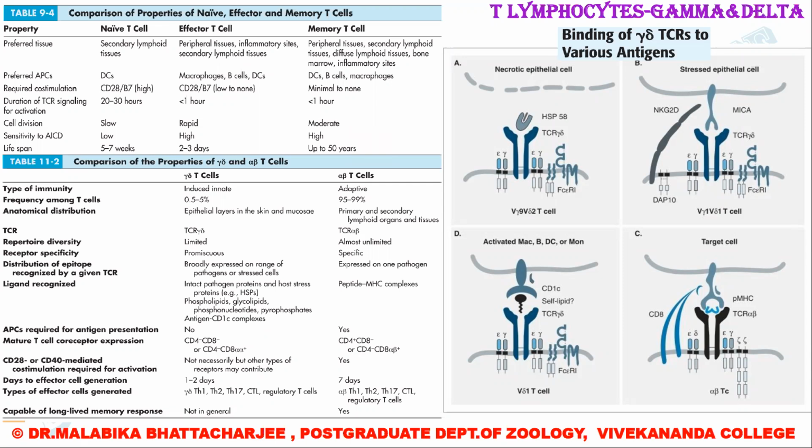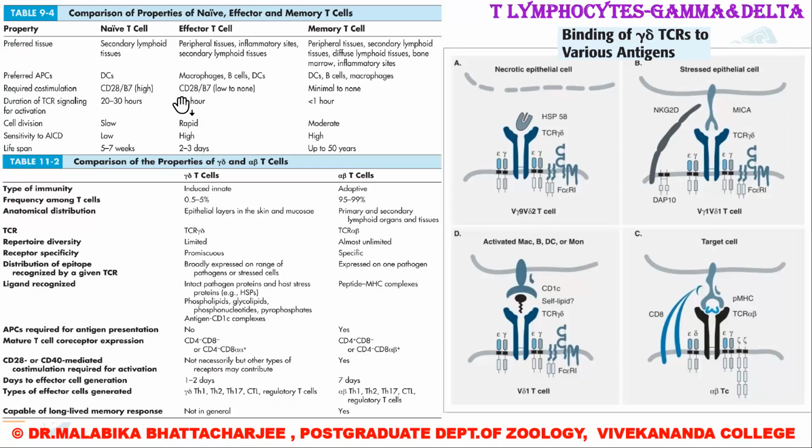The T lymphocytes can further differentiate into the alpha beta T cells, the gamma delta T cells, the natural killer T cells, and we get another category of lymphoid progeny, the natural killer cells. So today we'll be taking up the much less known or less popular T cell, that is the gamma delta T cell. Prior to moving to gamma delta T cell, let us have a look at the comparative